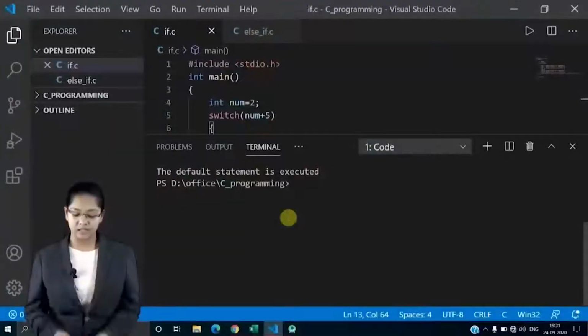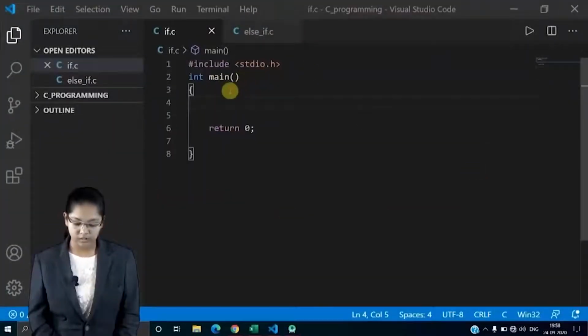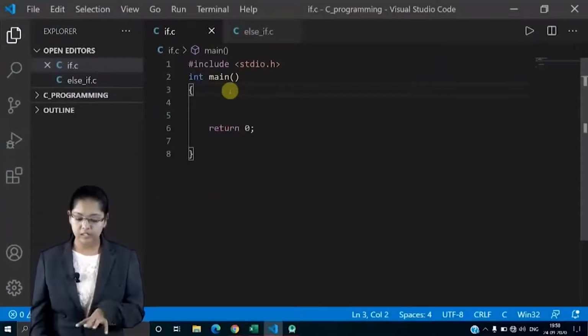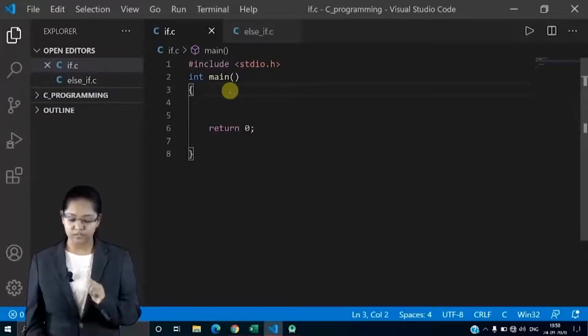Similarly, in this program also we will display a menu, and from there you choose a number for the operation you want to perform, and then the operation will be performed through the switch case. How can we do this? Let's see. Here, this is my basic structure of a C program.